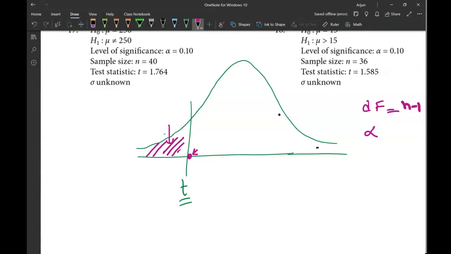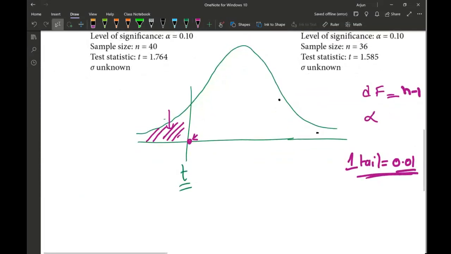This is one tail, not two tails. So I'm going to go to the t distribution table and look for one tail 0.01. So for 17 and one tail 0.01, that will come across as